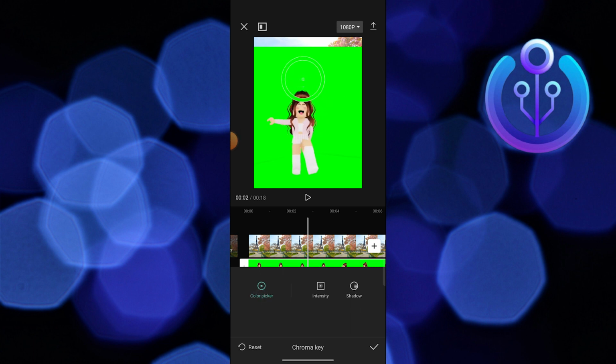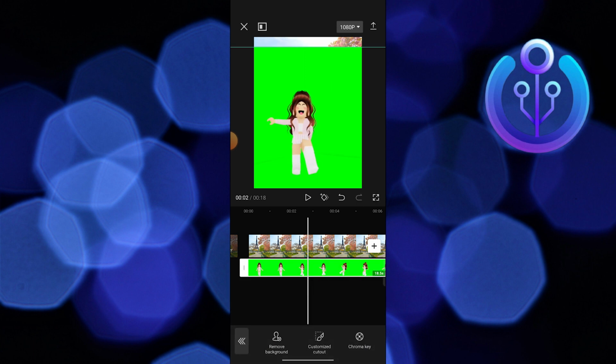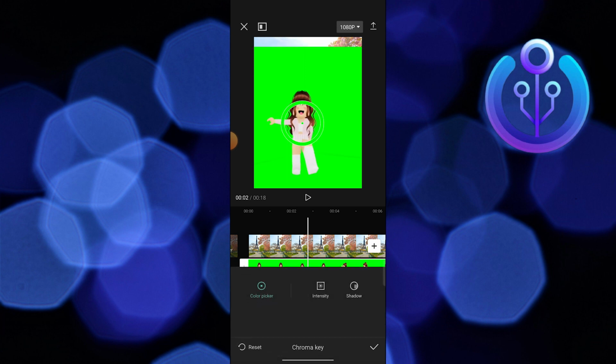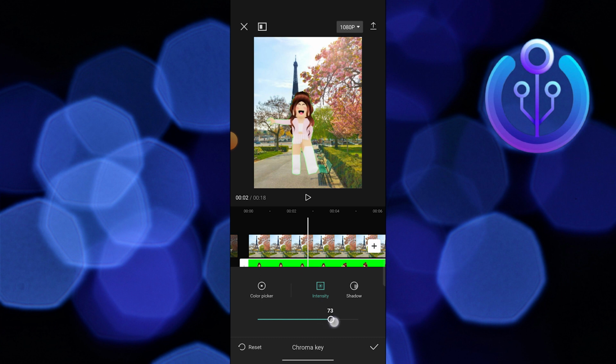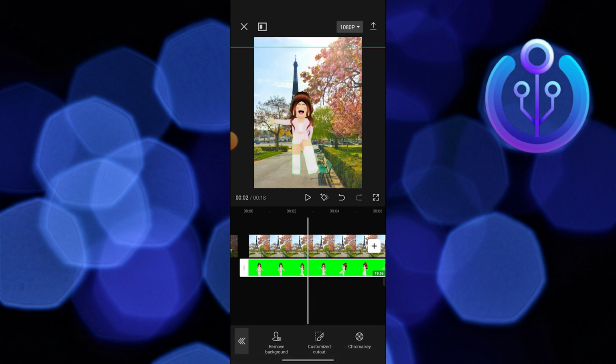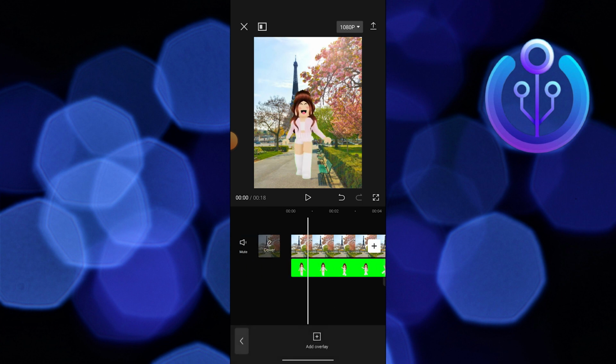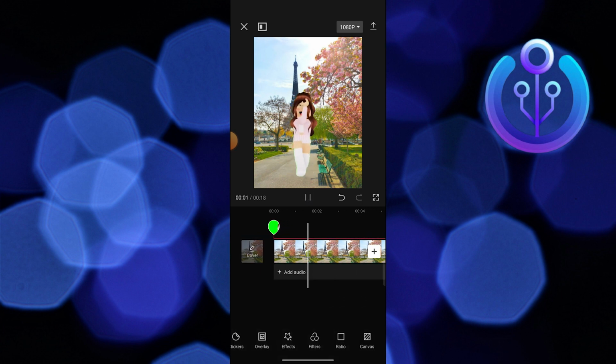After that, tap on Cutout. Tap on Chroma key. Go to Intensity. Increase the intensity and make it maximum. Tap on the tick icon. As you can see, the mask has been added to your Roblox